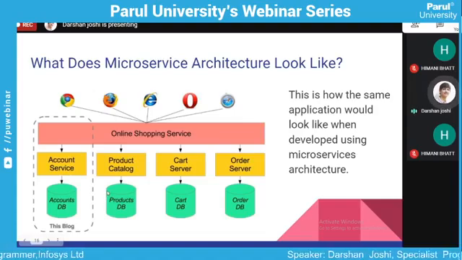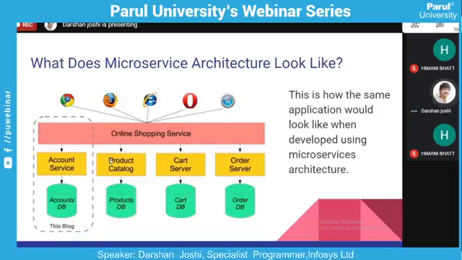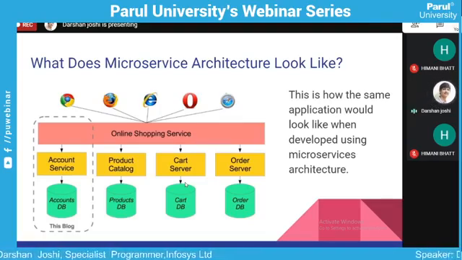Then you don't have to scale the whole application. You just scale the server that has more traffic, and you can just let the account service be. So scaling is very easy, and you'll pay only for that service. In the monolith architecture, if you have deployed all these services into one server, then you have to scale up that whole server. So it will cost you too much.